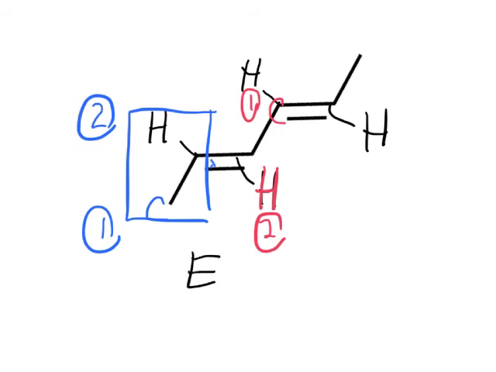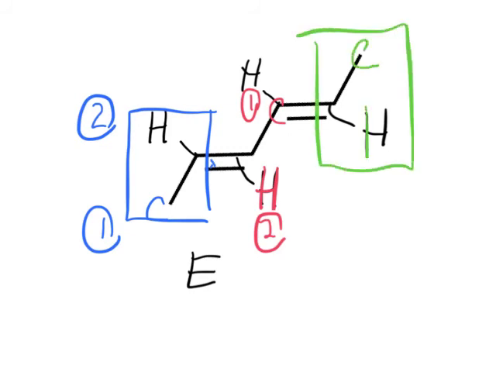Meanwhile, if I go ahead and take a look at the other double bond, and let me switch to some other color so we can see this a little bit more clearly, I have the double bond here on the right-hand side. So I'm going to compare this hydrogen and that carbon. So that carbon wins, that hydrogen loses. And then now the carbon on the left, which is still the carbon in red, this carbon has a hydrogen versus a carbon here. So in this case, for the double bond on the right-hand side, its higher priority group,